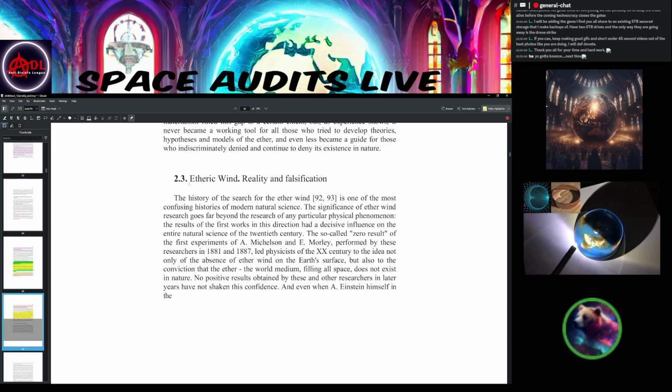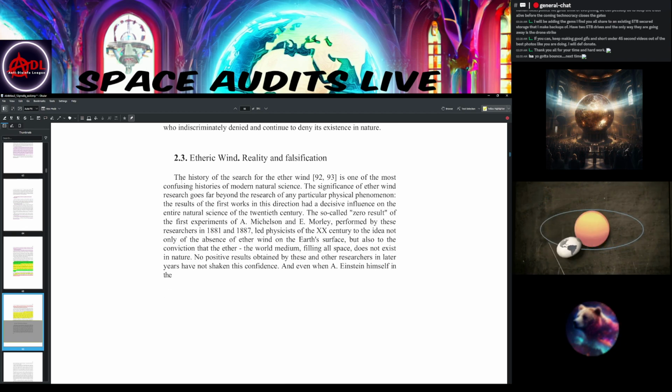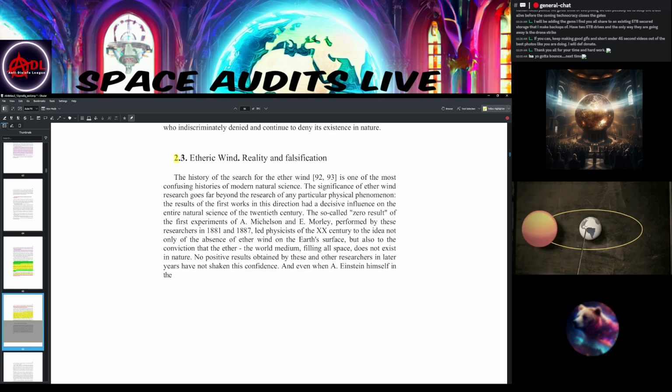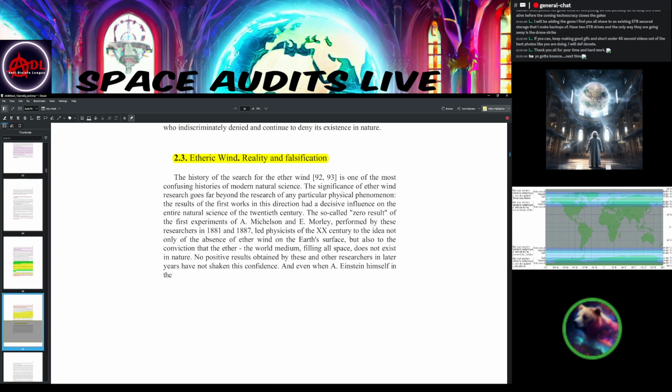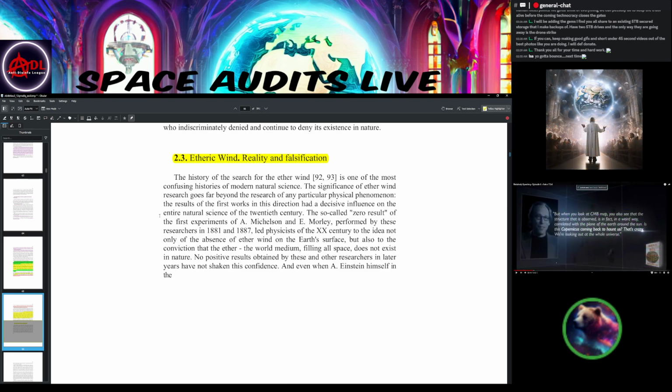All right. Section 2.3, Ether Wind, Reality and Falsification. The history of the research of the ether wind, citations 92 to 93, is one of the most confusing histories in modern natural science. The significance of the ether wind research goes beyond the research of any particular physical phenomenon. The result of the first works in this direction had a decisive influence on the natural science of the 20th century, the so-called null result of the Michelson-Morley experiment,